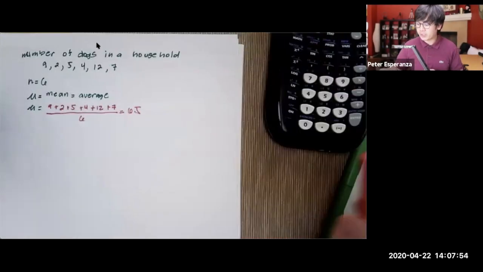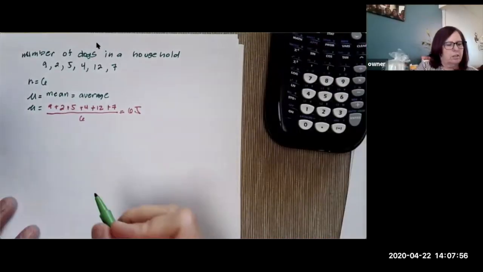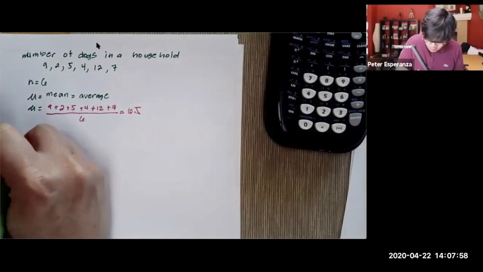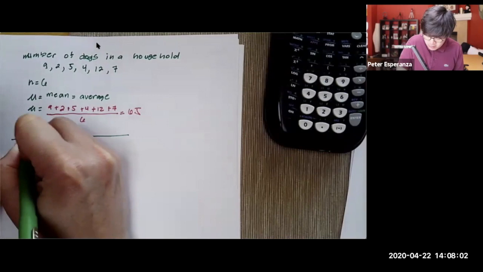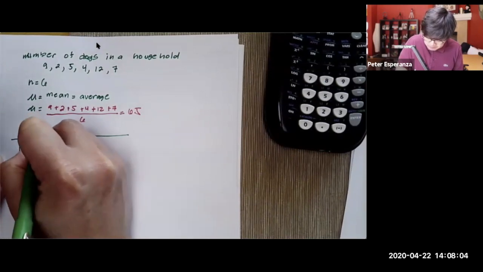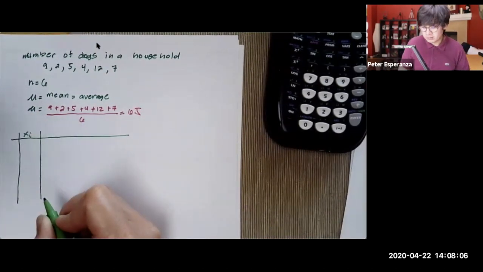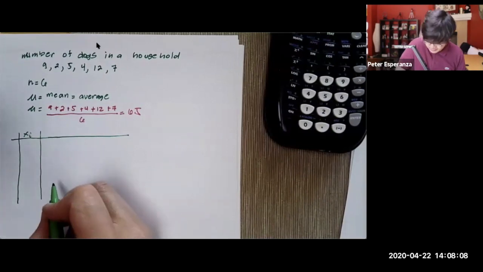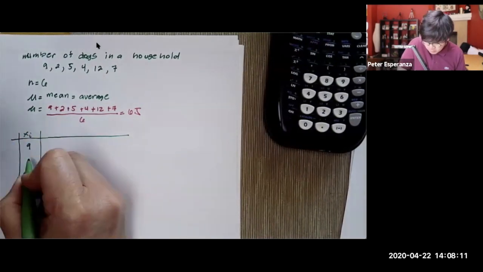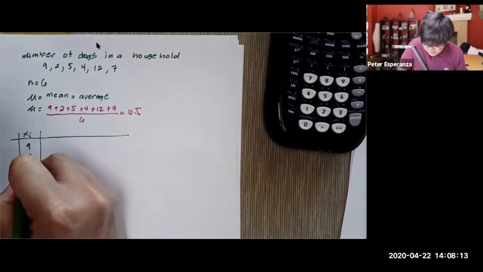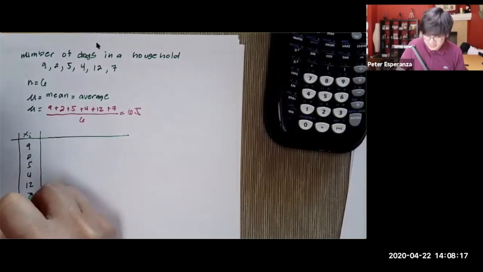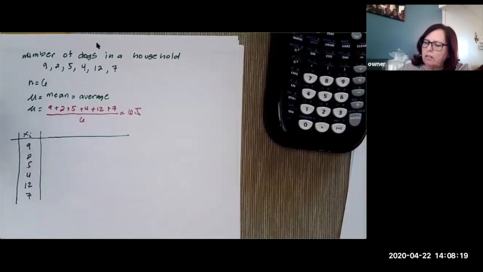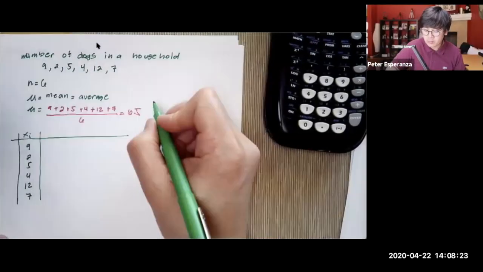So now that we're working on the standard deviation, we're going to use the table again. So draw your table. The first column is your x sub i's, and the x sub i's will be your number of dogs. 9 dogs in a household, 2 dogs, 5, 4, 12, and 7 dogs. All right, so 6 households have those number of dogs, and we're going to compute for